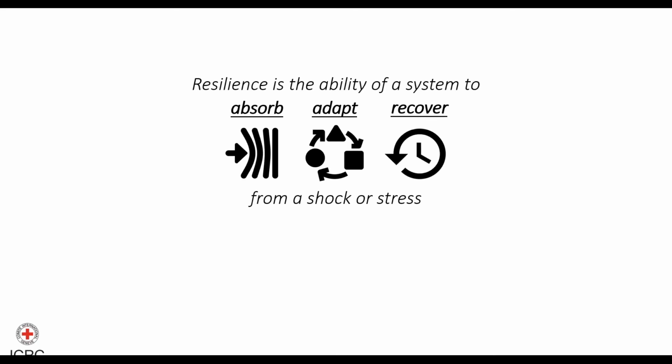So one of our main aims in Gaza in the ICRC is to strengthen the resilience of essential services and communities. So resilience is the ability of a system to absorb, adapt, and recover from a shock or a stress. In Gaza, a shock can be an escalation in the hostilities, while stresses can include population growth and the subsequent demands from that. Almost all sectors are reliant on electricity to operate, so we've identified electricity shortages as one of the major constraints reducing the resilience of almost all sectors and impacting almost all facets of life in